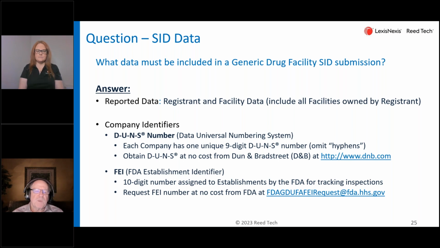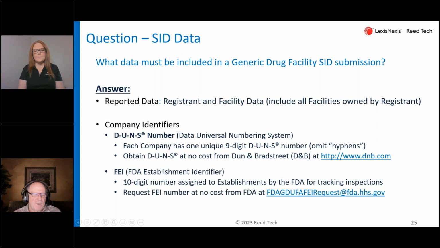Now remember, it will be address specific. So you might have a DUNS number for your site in Atlanta. It would certainly be a different DUNS number for Seattle, Detroit or Philadelphia. But you'll definitely have to keep that in mind. This is for a particular